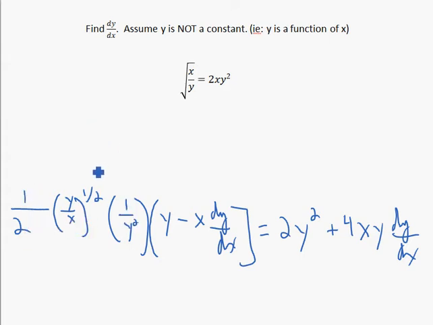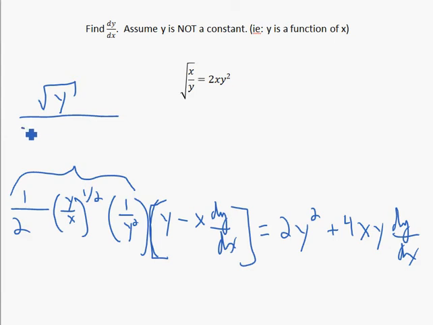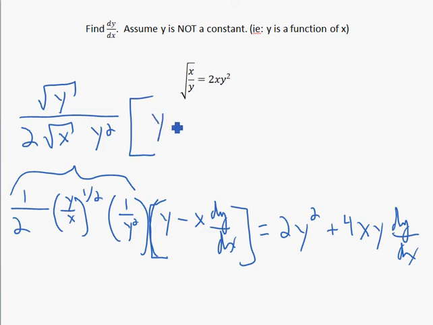What I'm going to do is multiply through, so I don't have this long denominator here. Okay, well, before we do that, let's simplify it. We are going to have these three terms simplify to the square root of y over 2 root x y squared times y minus x dy/dx